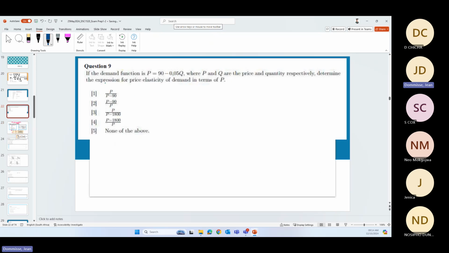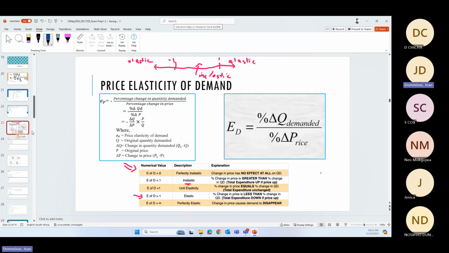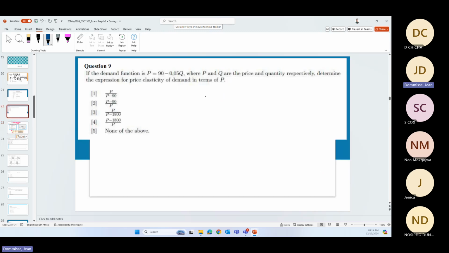So let's quickly check: if a demand function is this, where P and Q are that, determine the expression for the price elasticity in terms of P. Okay, so look at these ones. If I look at this, I can say, and we have this formula,